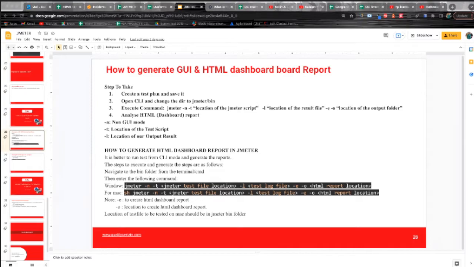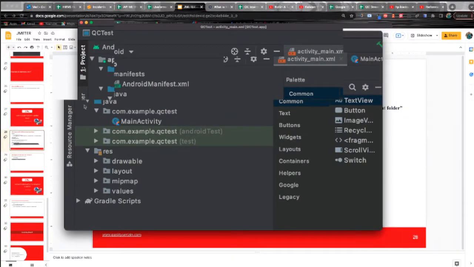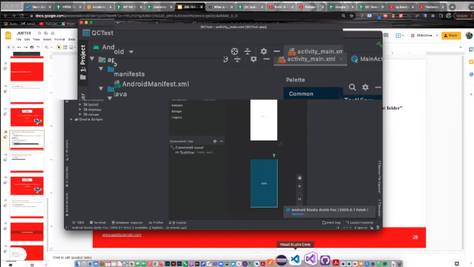So while I proceed, we'll be seeing what an emulator looks like. I'll be using Android Studio for the emulator. So this is what Android Studio looks like. So I'll be using the Android Studio emulator. You will get to this, but